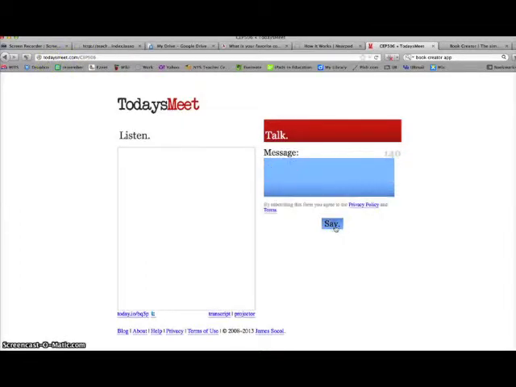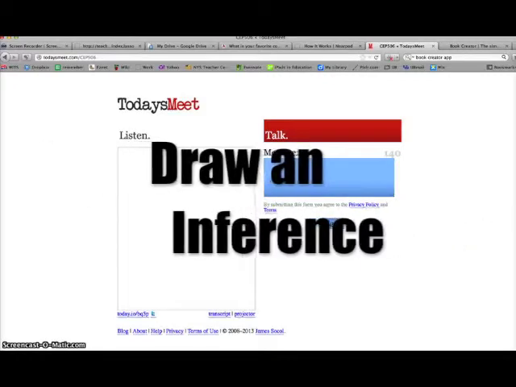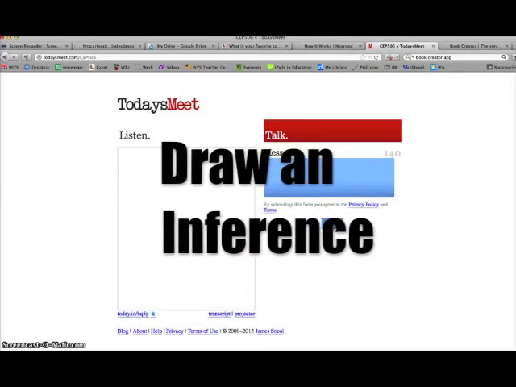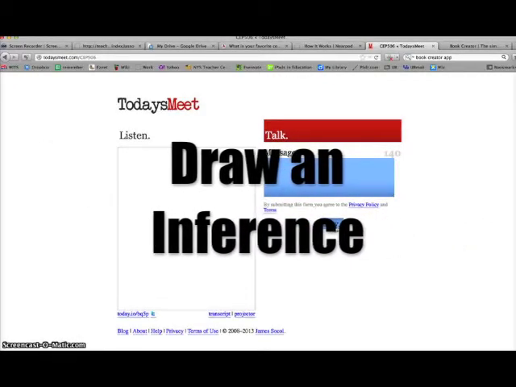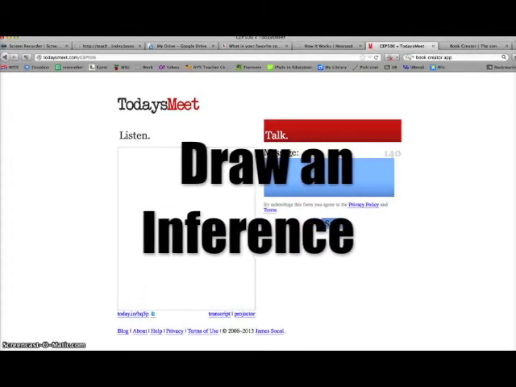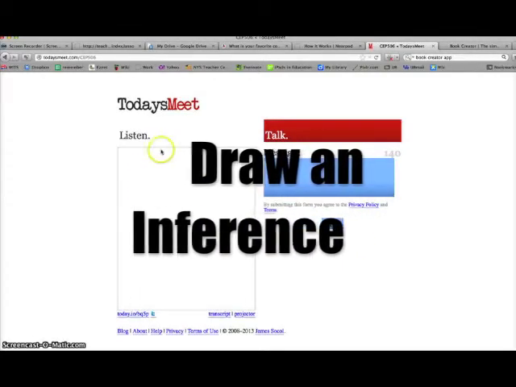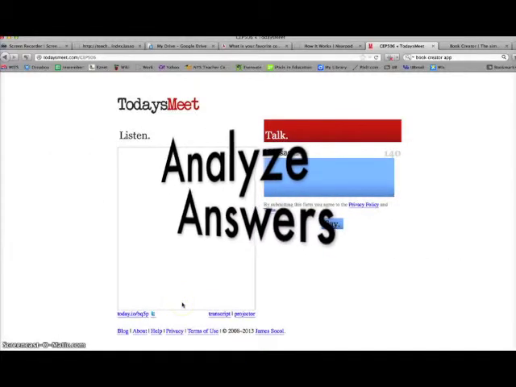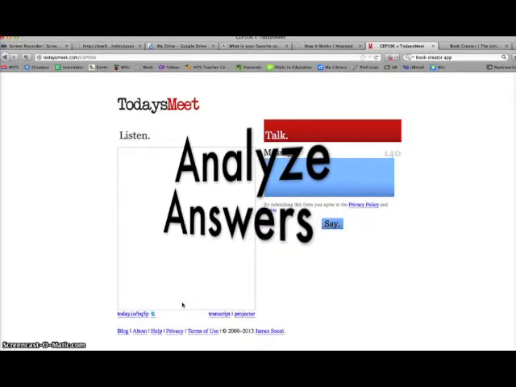So I know a fourth grade teacher who uses this. Her kids think it's great because she tells them it's like Twitter, and she'll be in the middle of teaching them and ask them to draw an inference or draw a conclusion. Everyone will type in their answer, and the answers will appear right here. They'll see all of the answers, and they can go over what makes this a good inference,